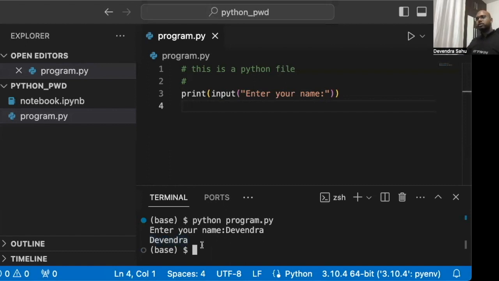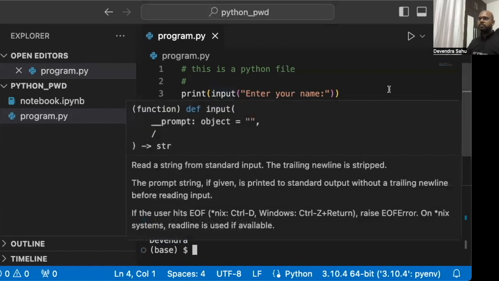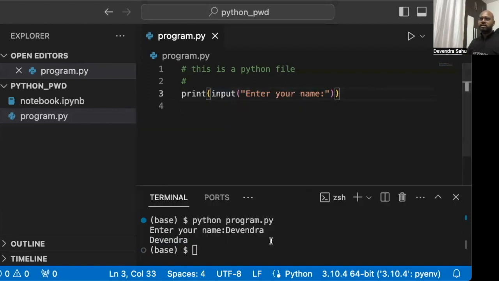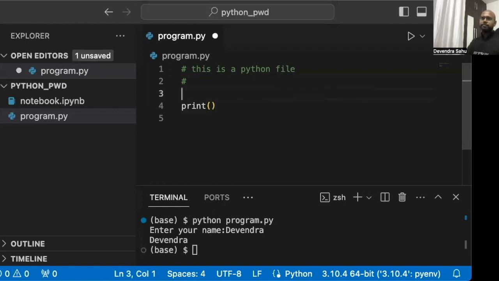So here is the concept of return type. A function can also return a value. In this case, it returns the name or the string. And we want to catch that value and reuse it later on, right? For that, we use what is called a variable. Let's say my variable name is name,